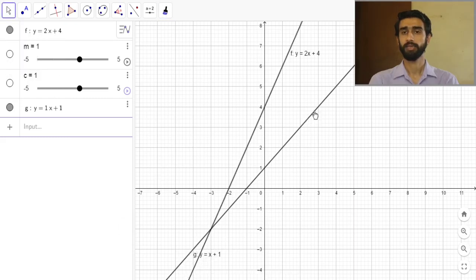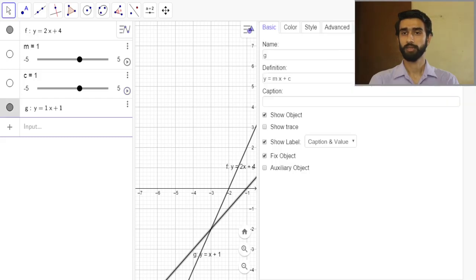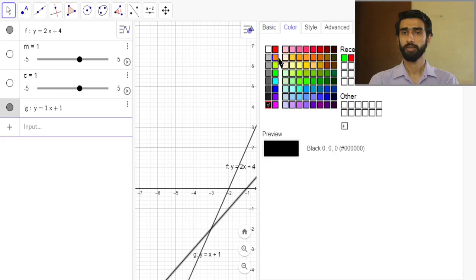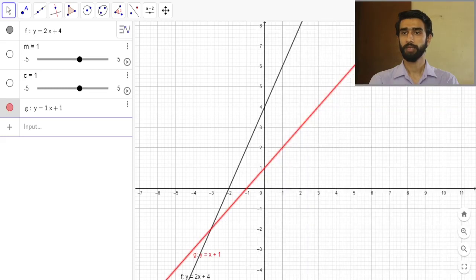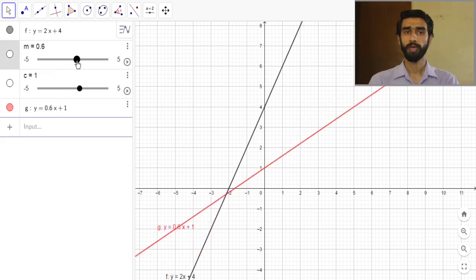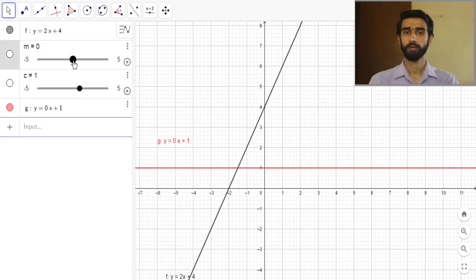This is my line. Let me change its color again so that it is distinguishable, and I'm making it red. The black one is my original line. Now what we can do, when I change the slope m, you see this,